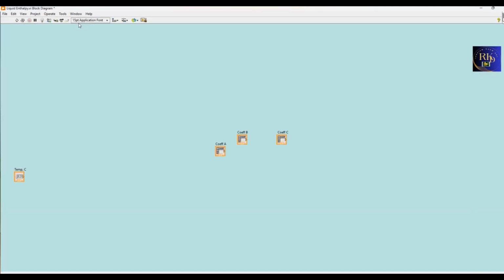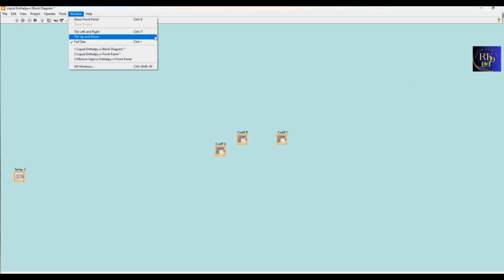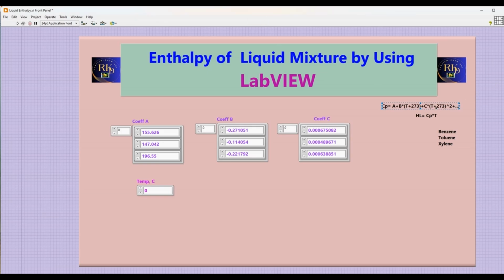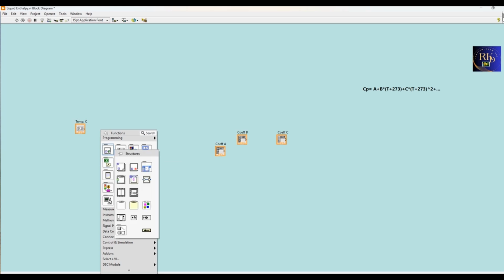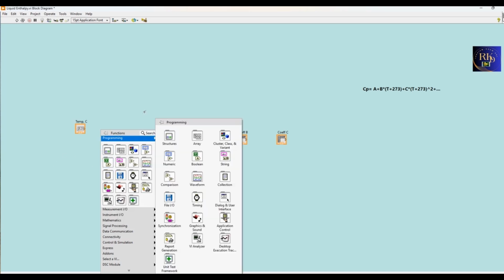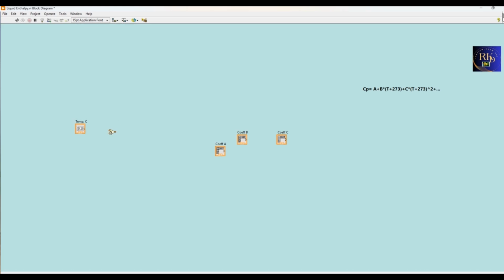Now I'll go back to this expression. What I'm doing here, I'll just copy and paste it back, so easily we can design according to this expression. Here we have this numeric and here plus, so I'll add one constant for changing degree centigrade to Kelvin.